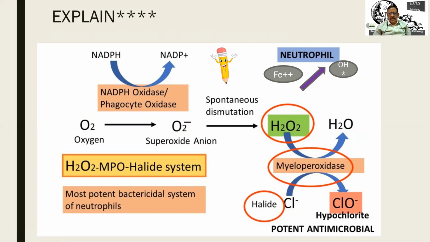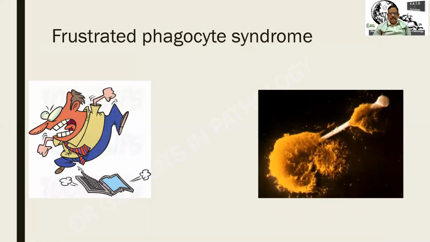As I told you, these are all oxygen dependent. Another one that is oxygen independent is due to nitrous oxide. There is something called a frustrated phagocyte. So you find in this particular case, these are all cells and this is a very long body called an asbestos body or a ferruginous body. And the cell is trying to phagocytose, which is literally frustrating. And this is depicted in the cartoon over here.